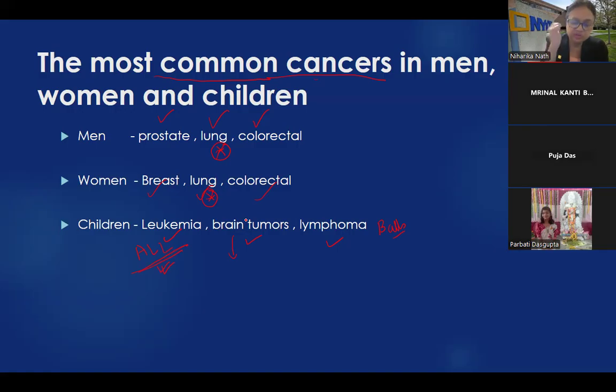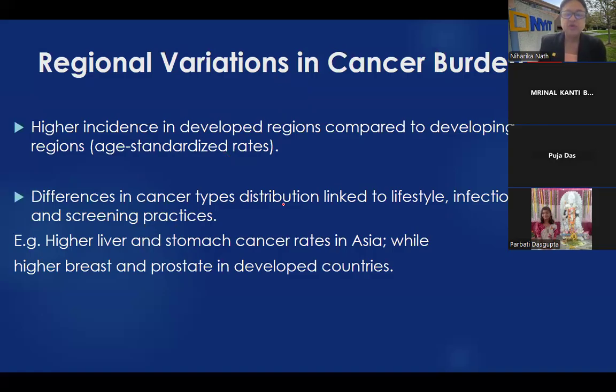Brain tumors are also fairly common childhood cancers. The earlier they're caught, the more treatable they are. But ALL is one of the good ones, with so far 95% success. Even the other ones. So in children, if it's caught early, and remember they're generally acute, they can be treated well. So where do we find these regional variations? Where do we find these cancers?